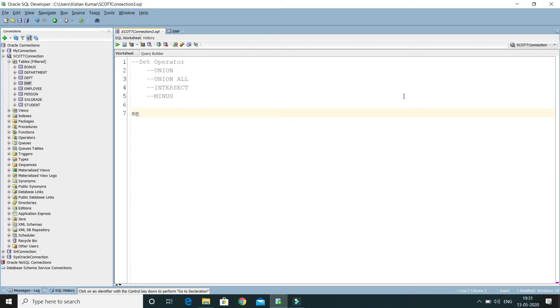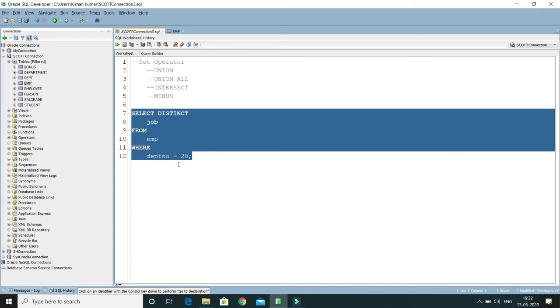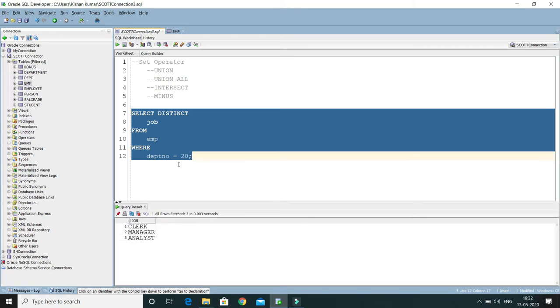So I write select distinct job from EMP where DEPT number equals 20. Let me format this query by pressing Ctrl F7. Now this will bring all the distinct jobs from the employee table for department number 20. If I run this query, then this is the result.